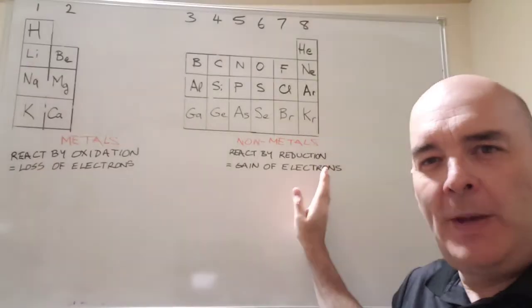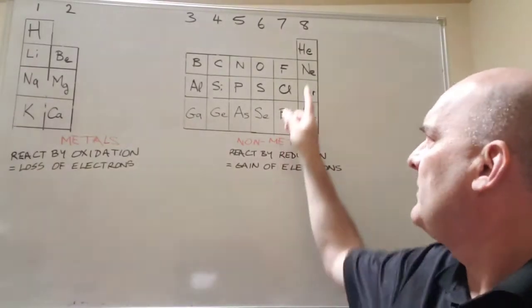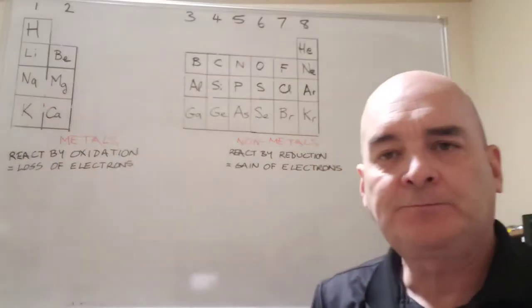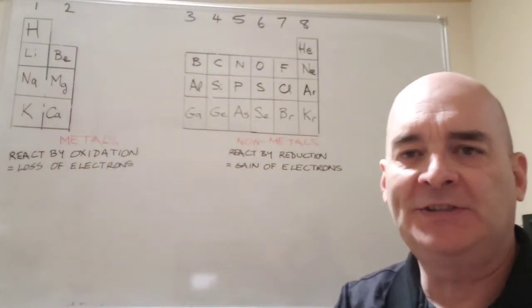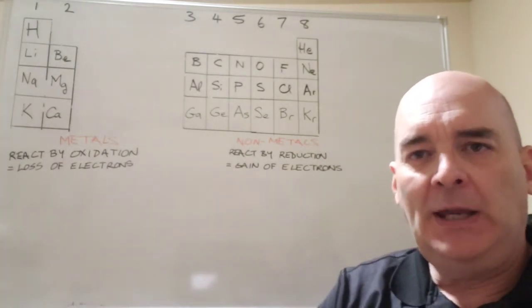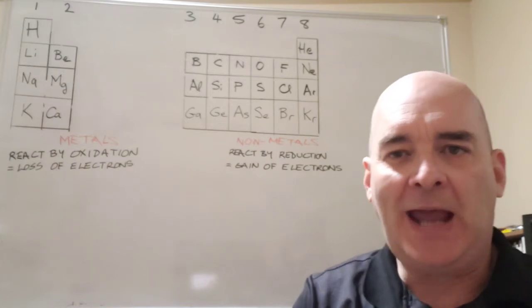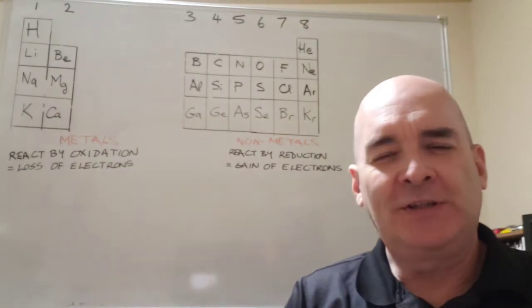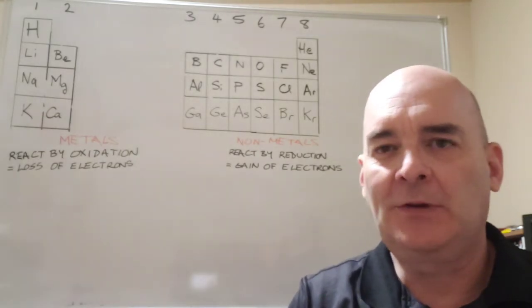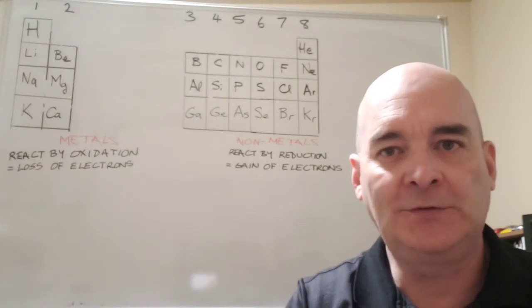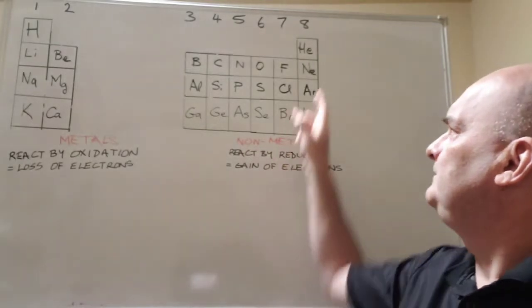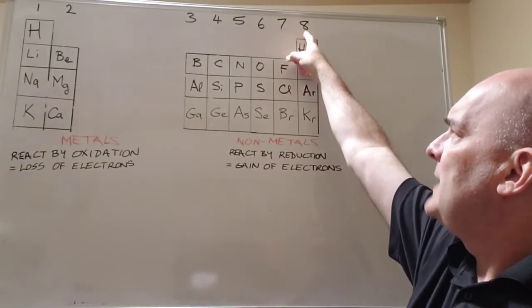When we look at the non-metal side of the periodic table, something stands out. Group 8, helium, neon, argon, and krypton. These are what we call noble gases or inert gases. And we find these in nature existing as atoms, which is interesting because it means that they would rather stay as atoms than combine and make compounds with other material. That's something special. It tells us that this number 8